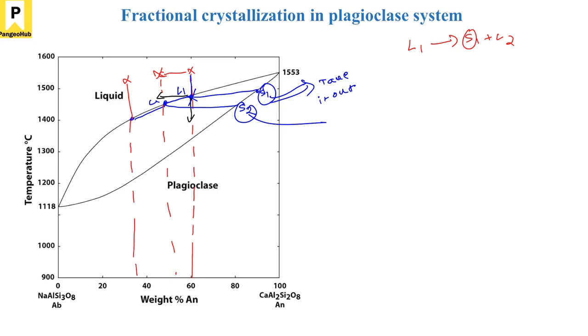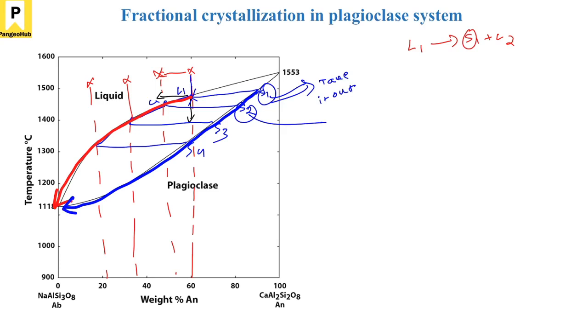So again you will crystallize S3. Now again the bulk composition can change from here to, let's say, you go to this point, and then the bulk composition is lying here. You have something here, and then you are forming a solid which is S4. So if you efficiently go on crystallizing like this, the liquid can move right from here till here, and similarly the solid can move from here till here.